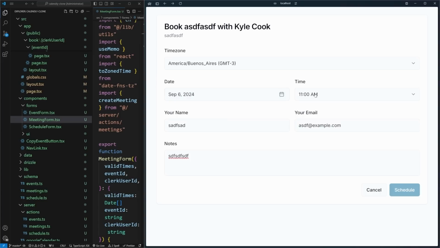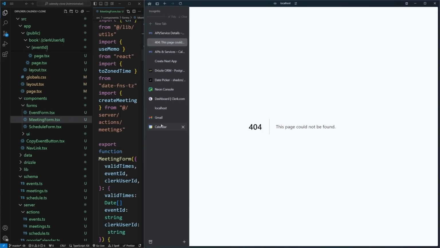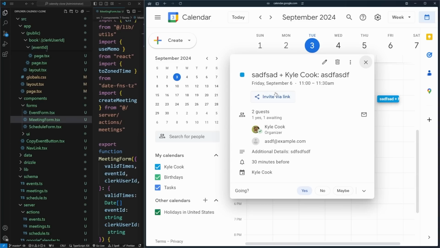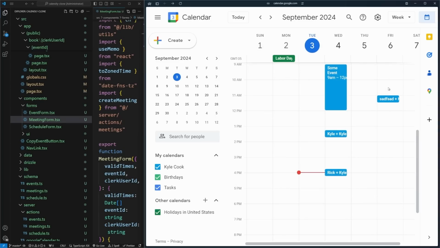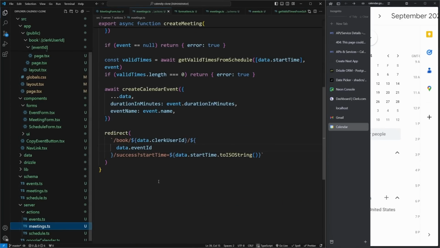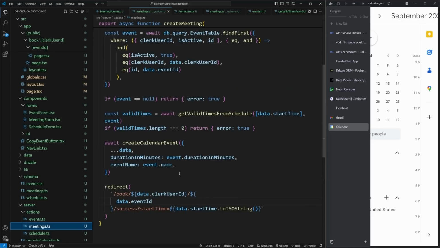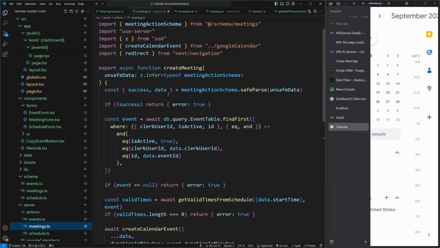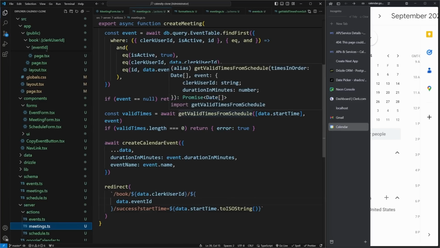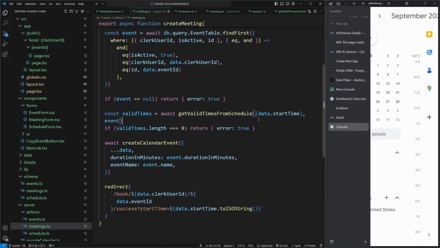So we should see on September 6th at 9 a.m. my time zone, there should have been an event created. And there we go. At 11 o'clock a.m., there was an event scheduled. So it looks like maybe the time zone stuff is not quite working as we expect. I believe this is because when we get the information into our action, we're never actually converting it to the correct time zone. So here we're getting our time zone information, but we're not actually using that information to set our time. So what I want to do for our get valid times from schedule,